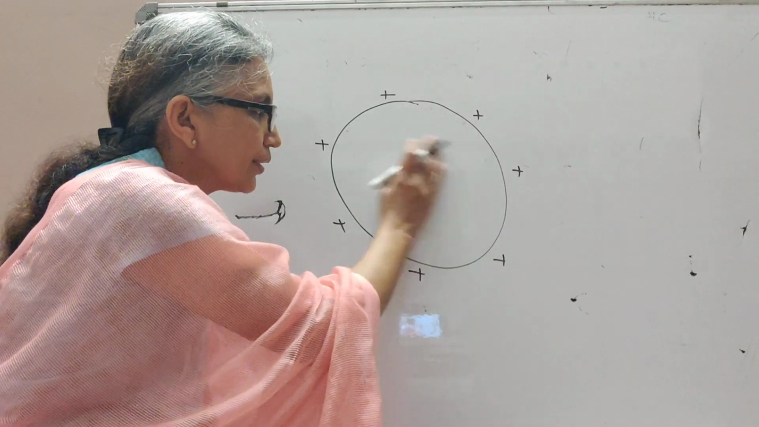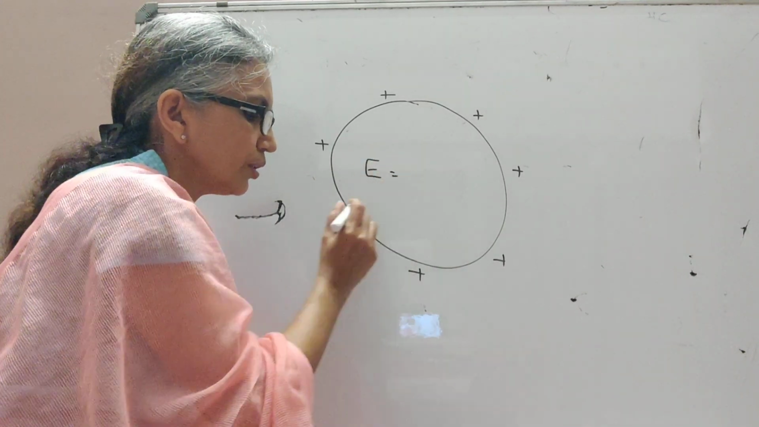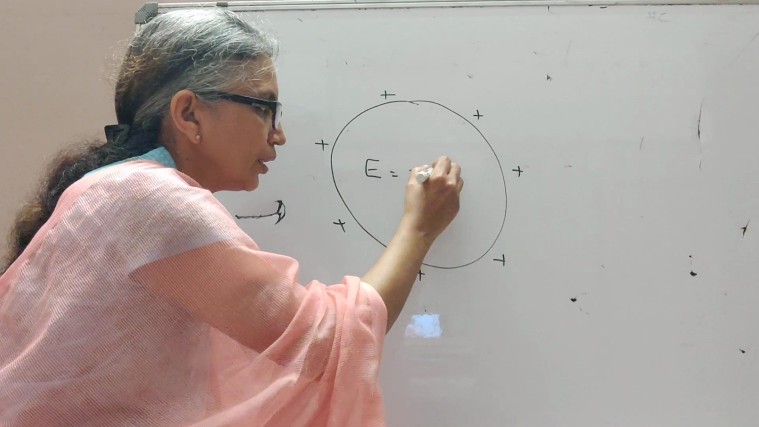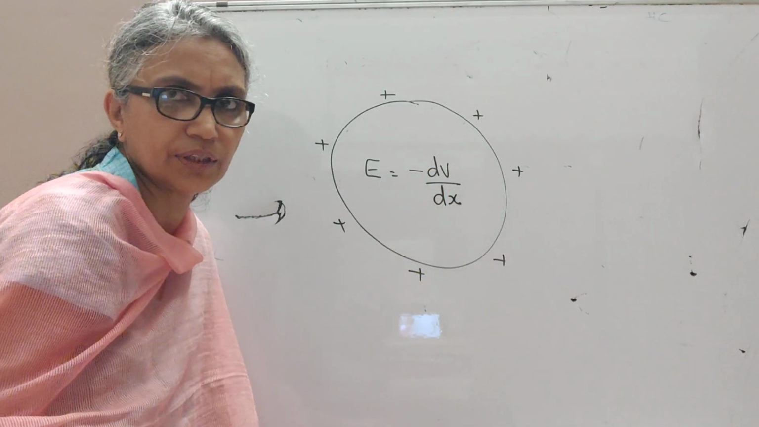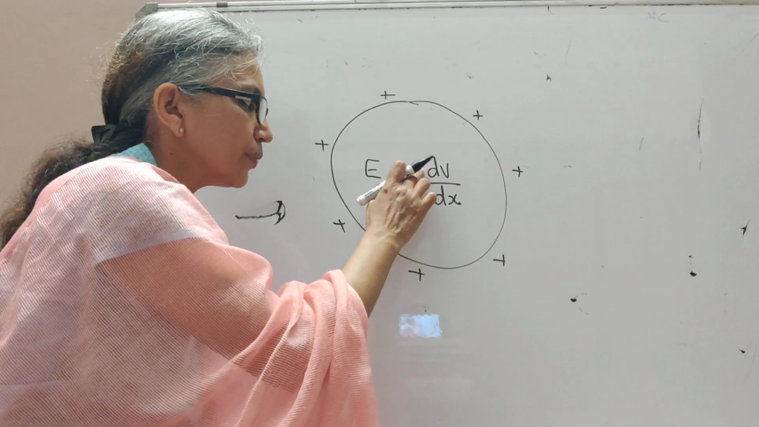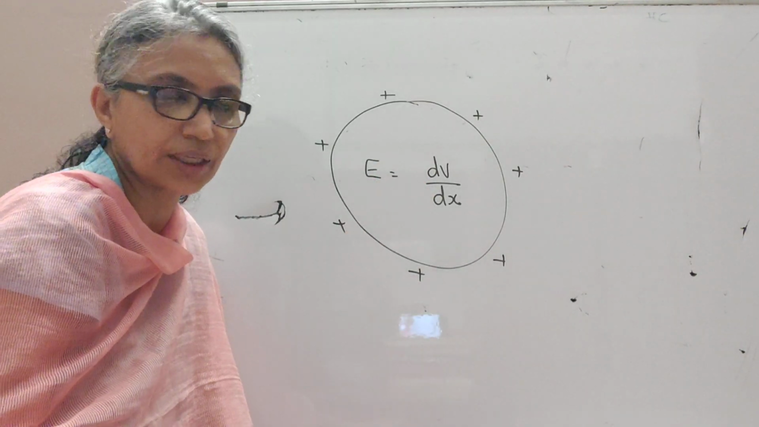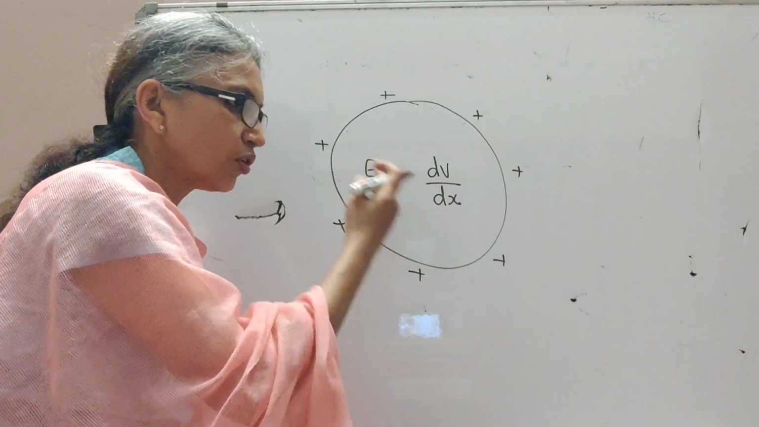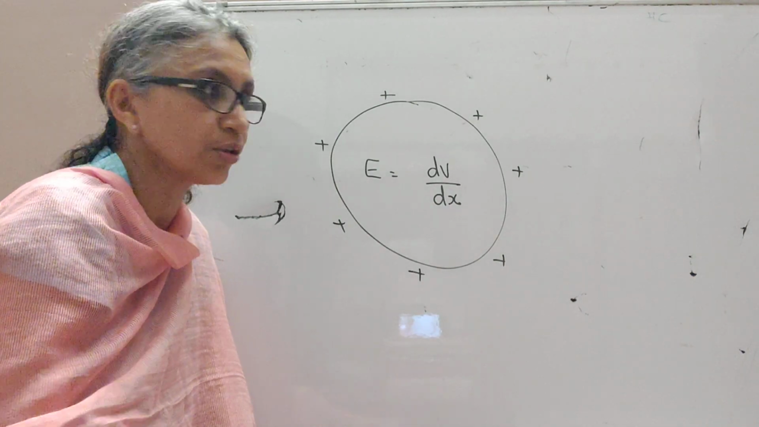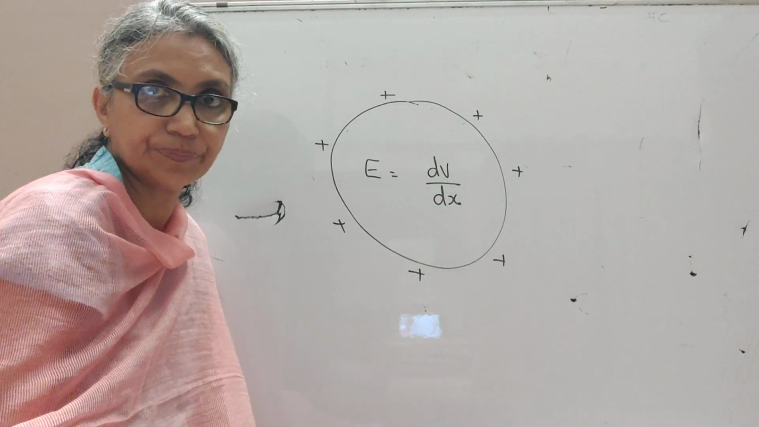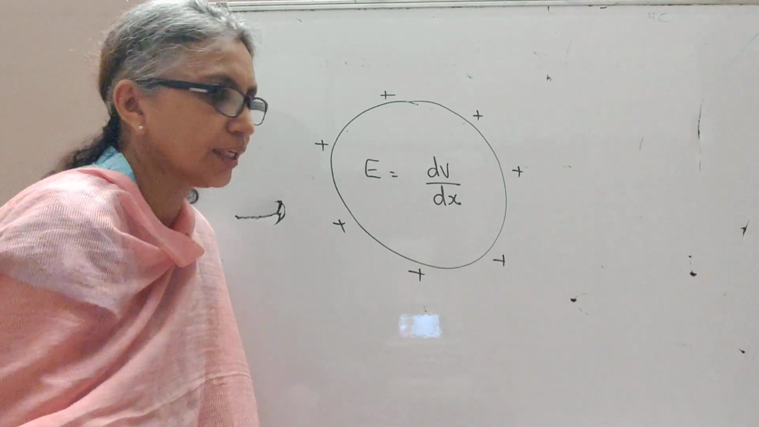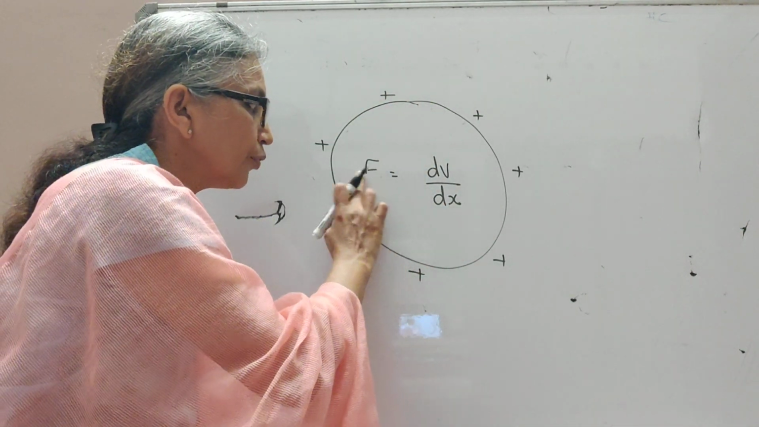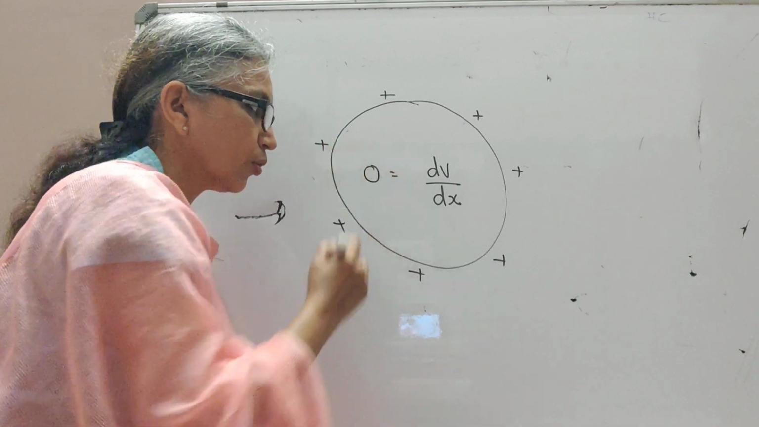In this chapter itself we derived the expression E equal to minus dV by dx or dr, whatever, distance. Now this minus sign is simply to show that electric field is always directed in the direction of decreasing potential. Just magnitude would be E equal to dV by dx. Inside the conductor, if you are saying electric field is 0,